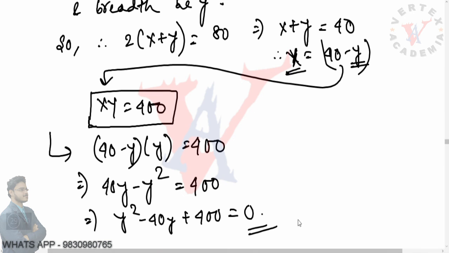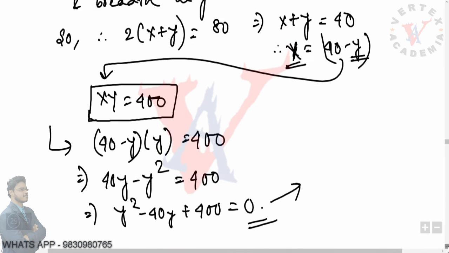So if we are able to frame a quadratic equation out of a real thing, therefore its roots must also be real. If the roots of this equation are not real, that means if the breadth y does not come out to be real, there is some trick in that. So basically what we have to check is whether the roots are real. If the roots are real, then it is possible to design a rectangular park, because a rectangular park is a physical thing, a real thing. If the roots are real, we can design it. But if the roots are not real, then we cannot make a rectangular park. I hope what I tried to make you understand is clear.